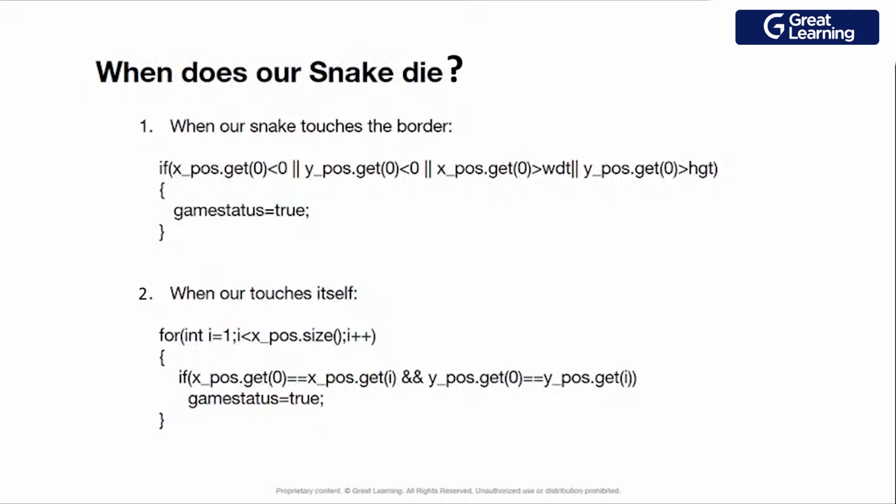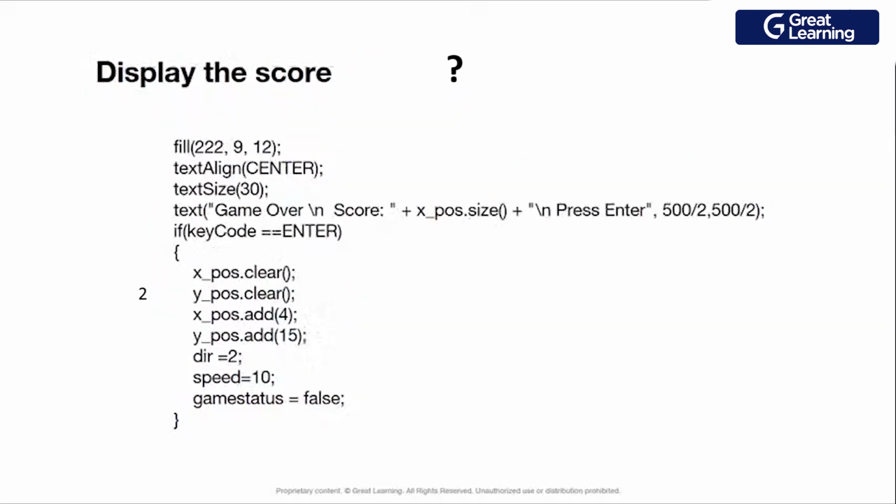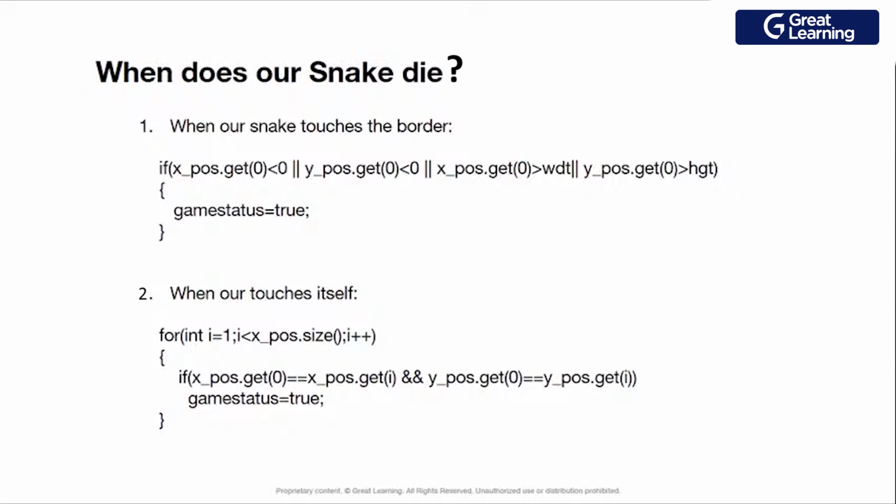The thing that we used earlier, the width and the height that I showed you at the start of this lecture, will help us, because we will be able to find out the width and the height. As long as it's inside that width and height of the screen, we will keep the game status true. If it exceeds that, we will make the game status false, and we will get some message. We will implement that in the next slide, how to display the end score. So once it touches the borders of that panel, and if it's less than 0, and what are these positions?